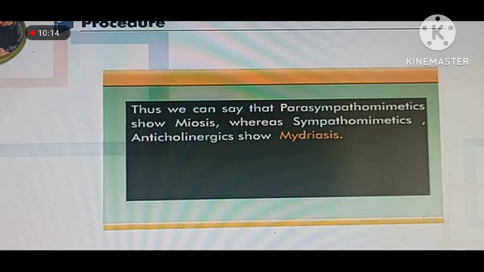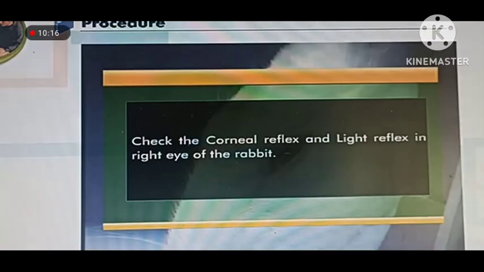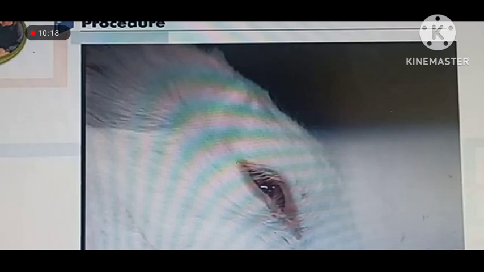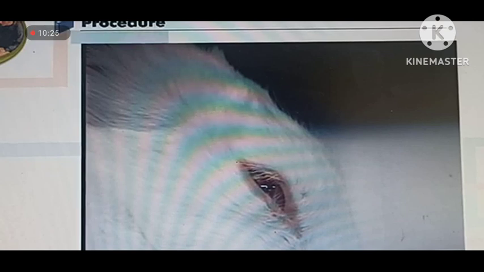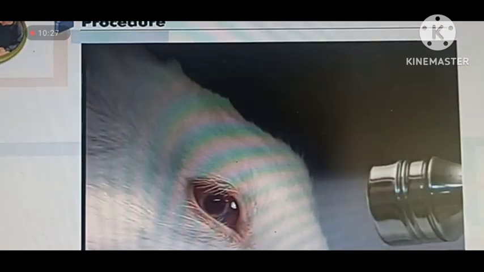प्रोसीजर बहुत ही सिंपल है। रैबिट लेना है और उसकी दोनों आंखों में प्यूपिल की साइज मेजर कर लेना है। उसके बाद जब हम मायोटिक इंस्टिल करेंगे, सो आफ्टर एडमिनिस्ट्रेशन ऑफ मायोटिक एजेंट प्यूपिल साइज ऑफ द रैबिट्स आई विल डिक्रीज। तो ऐसा ड्रग जो एडमिनिस्टर या फिर इंस्टिल करने के बाद प्यूपिल की साइज डिक्रीज हो जाती है उसे मायोटिक बोला जाता है।